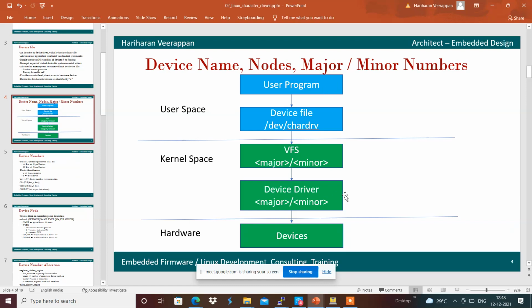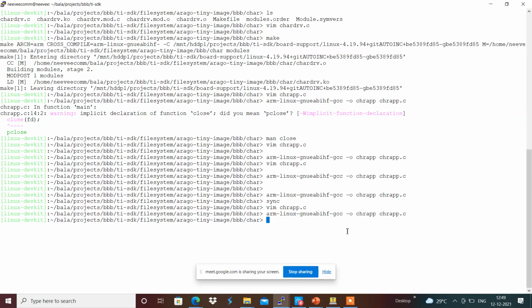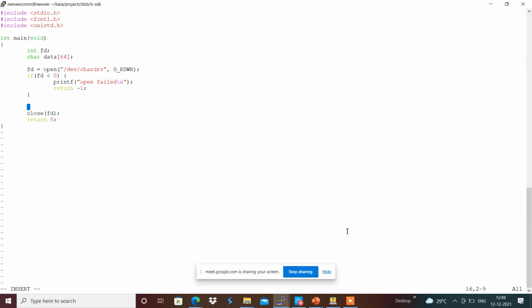Now we will add the read and write over here. Inside this, I'm going to add a character data of some 64, and I'm going to read something like the return value integer, return equals read of something that I'm going to read from this file descriptor fd, and maybe we can choose opening the device file over here.